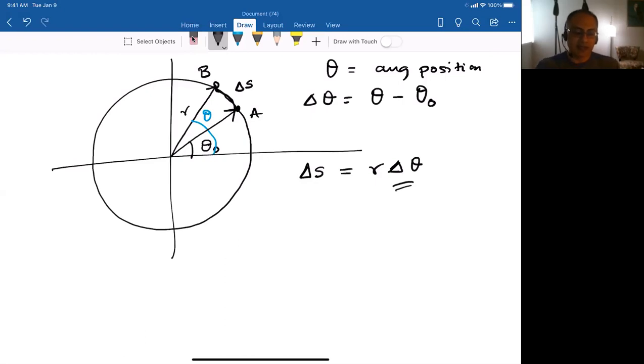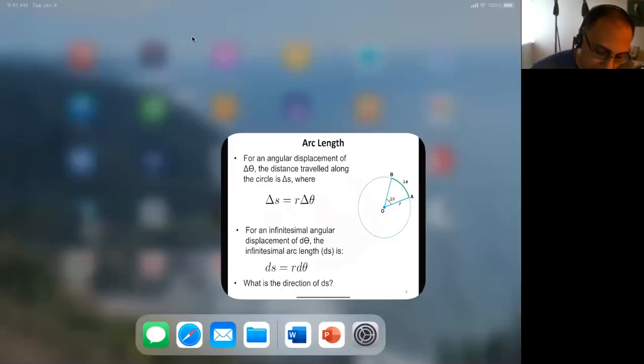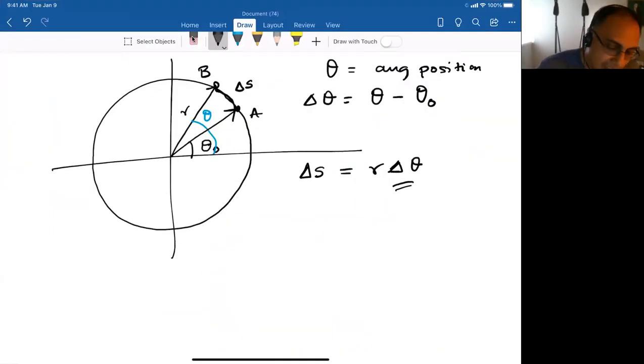All right, so what else did we talk about in the pre-lecture video? Suppose this angle is really tiny. If this delta theta is really, really tiny, then we call it d theta. That would mean that the points A and B are practically sitting right next to each other on the circle. So they're separated by 1 nanometer or something like that. Then the very tiny angle made by the two radius vectors would be d theta, and the arc length in that case, ds, would be